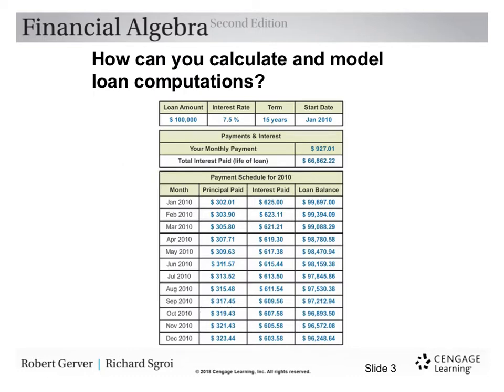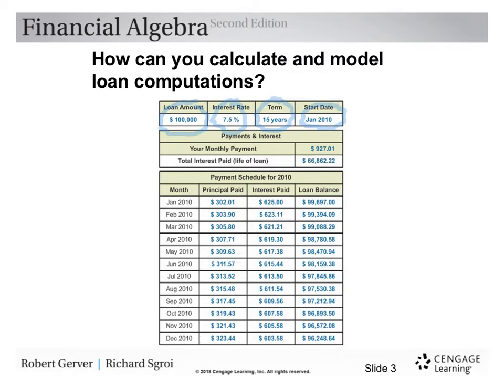So let's look at a table, to figure out how you can calculate and model loan computations. So let's say that we're borrowing $100,000. The interest rate is 7.5%. The term is 15 years, and the start date is January 2010. All right? Now,